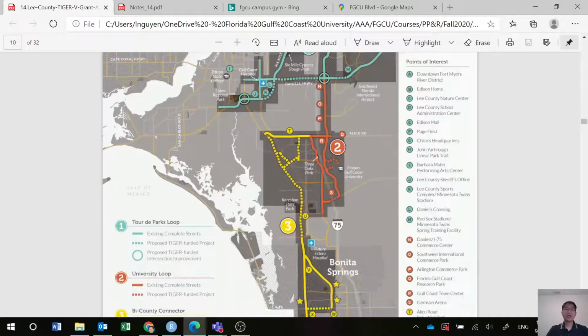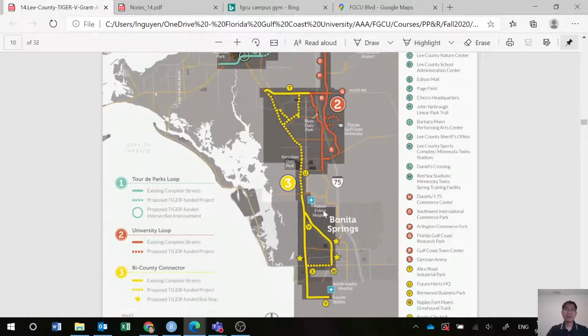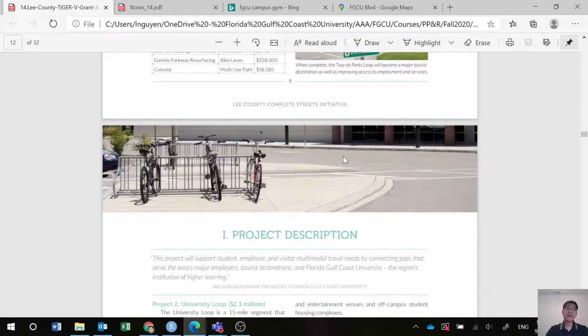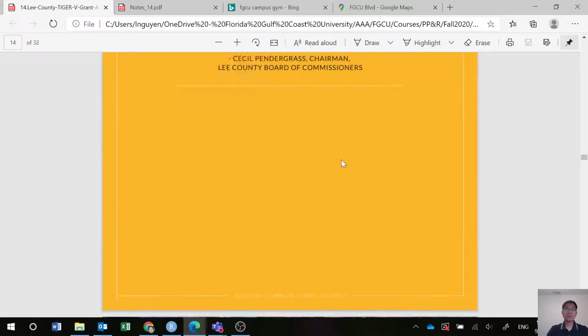And you can see who benefits from that in different locations, including FGCU. As you can see, our Florida Golf Course here also has a connection to the loop and also benefits from this project as well. So they explain the different criteria and how they address them, but let me go to the very